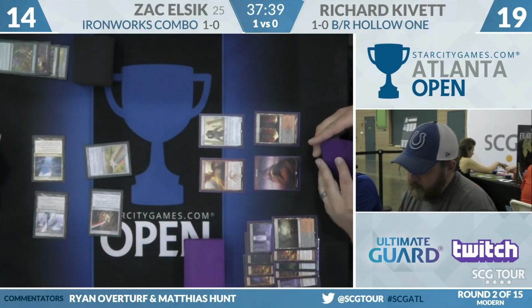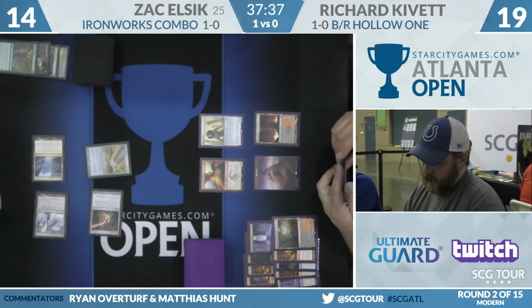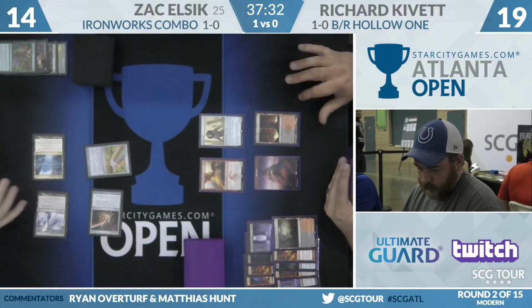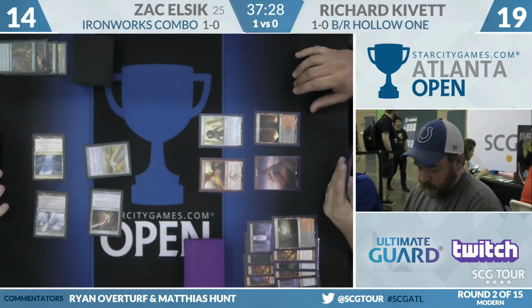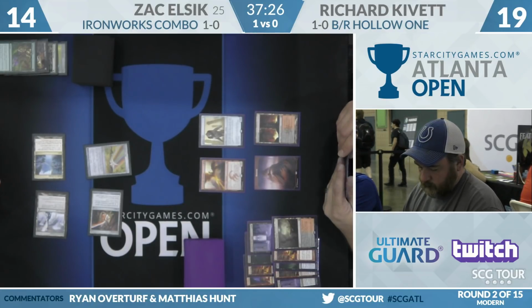And small thing in that last turn, you mentioned that Kivett had the fetch land for that Bloodghast, though you'll notice Bloodghast is not on the battlefield. Oh, no, it's not there. So we missed that one. That could cost him, with Zach at 14, that might cost him a turn off the